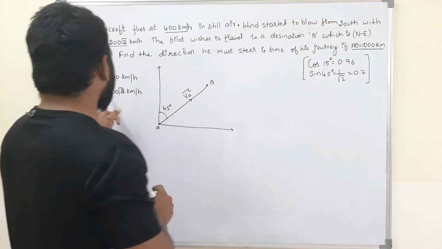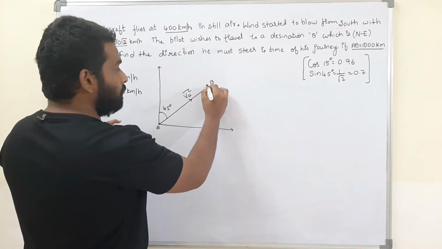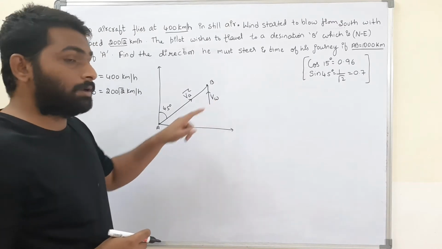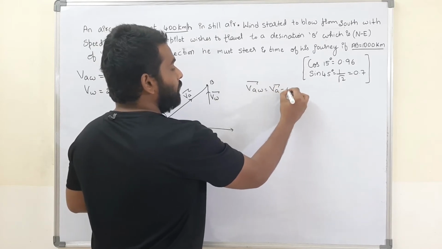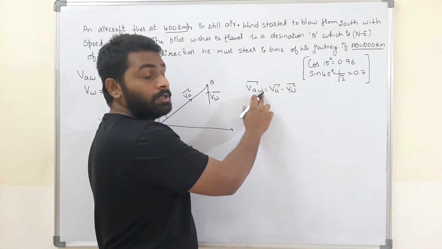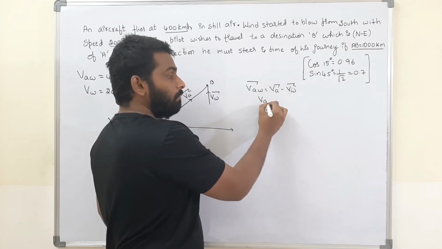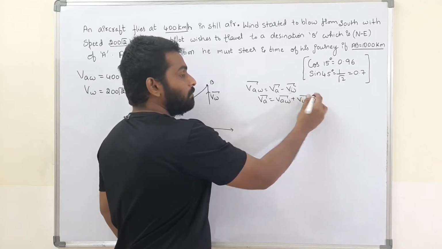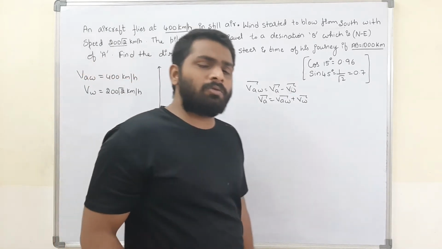Now the wind started to blow towards north. That means from south. That means there is a velocity of wind. That is the velocity of wind. Now, VAW is equal to VA bar minus VW bar. The velocity of the aircraft with respect to wind is nothing but VA bar minus velocity of wind bar. Therefore, what is the velocity of A? VA bar is equal to VAW plus VW. I am sending this minus VW, that's it. That is the velocity of aircraft. Now, by the triangle, I know one thing. What is that?